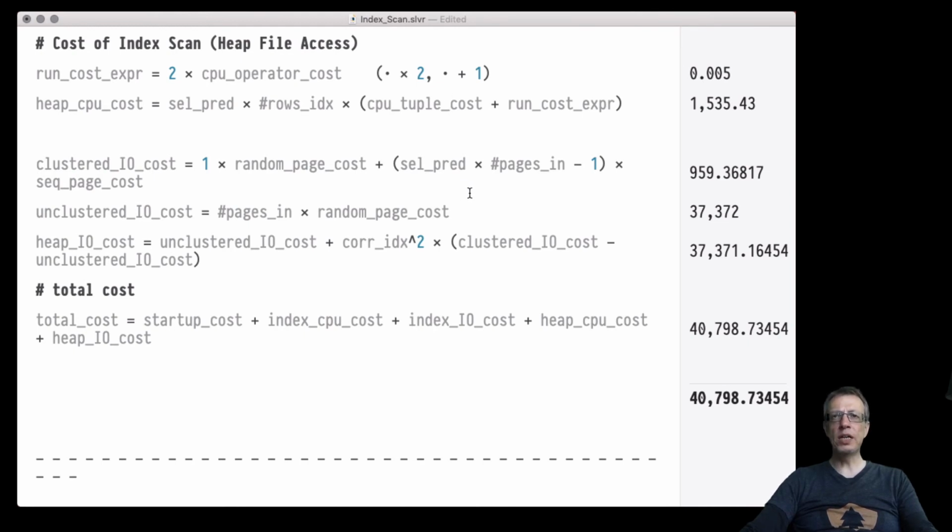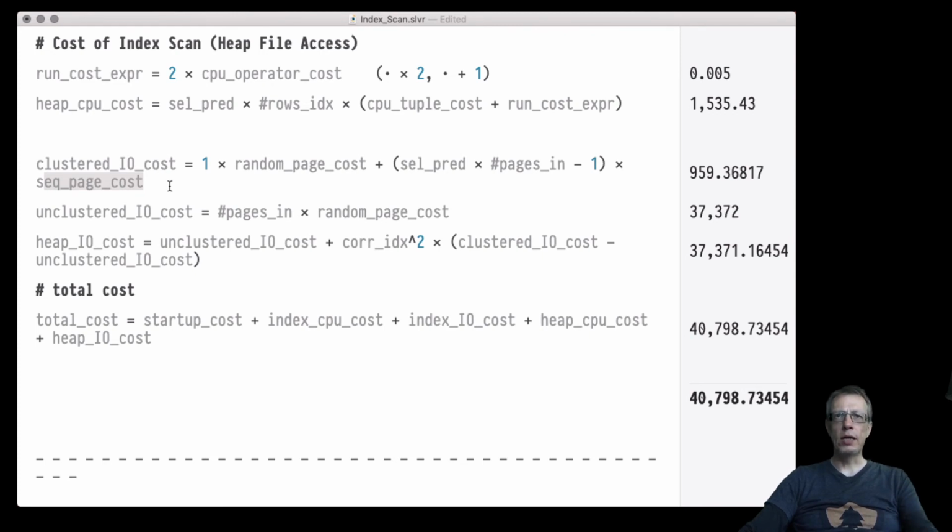That would be a linear interpolation between the clustered and the unclustered IO cost, if you recall. Okay. So the clustered IO cost would incur 1 random page IO, the leftmost page inside our heap file scan. And then there would be a fraction of the input file that we would have to scan. The fraction is of course again defined by the selectivity. But all of these page accesses would be sequential,